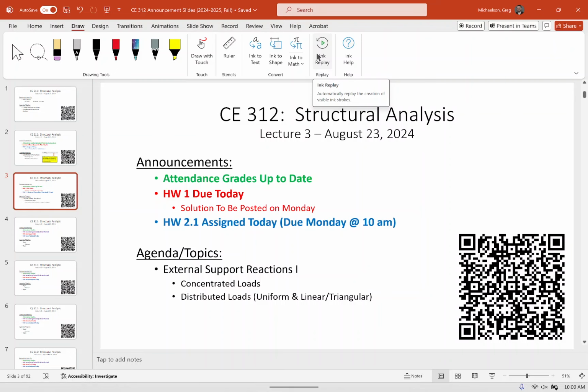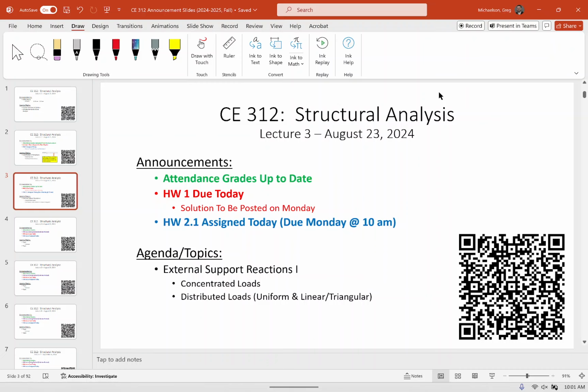We are in lecture 3. Attendance grades are up to date on Blackboard. How was homework 1? It was wonderful. Not too bad, right? Pretty straightforward, pretty simple. So you're going to get another homework today, due Monday. It is going to be our first,